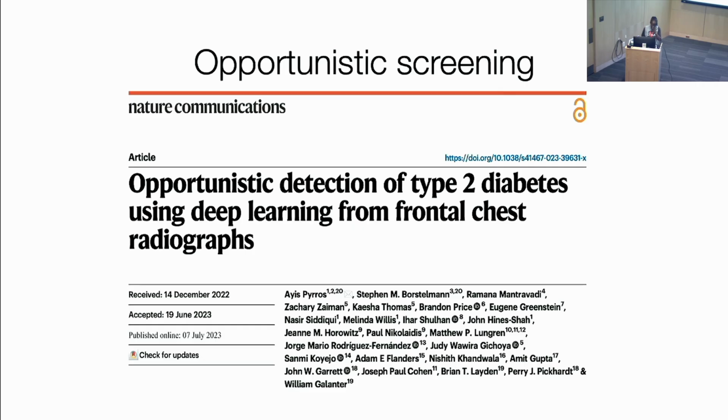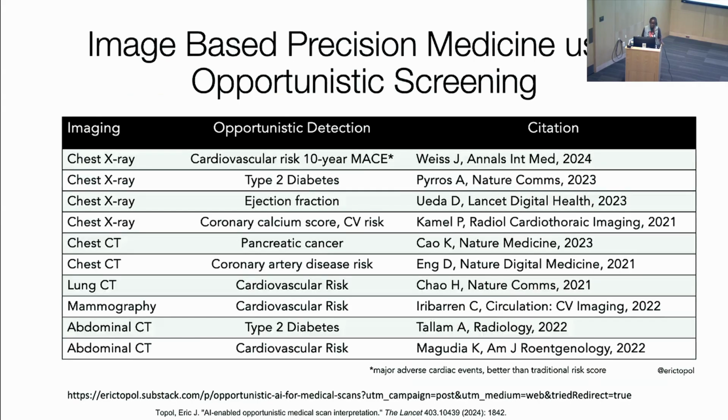And so, I said that AI can tell you who has diabetes from your outpatient screening, right? So this concept of opportunistic screening, I think, is one of the hottest areas of research now, and you can tell who has a 10-year cardiac risk, who has type 2 diabetes, what's the ejection fraction. These are not labels that you'd ever find in a radiology report, right? These are labels that exist because you merged an echo with a chest X-ray data set, or you merged it with something different. Pancreatic cancer, on images that are odd,